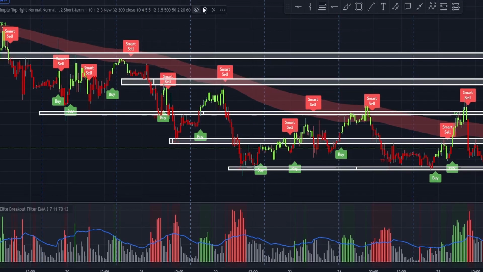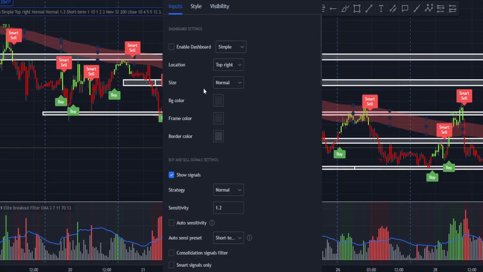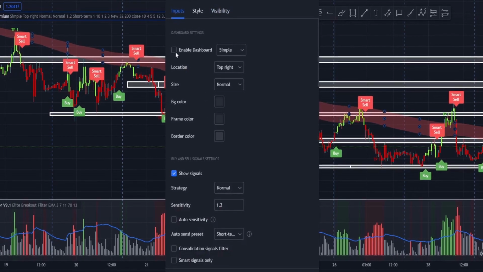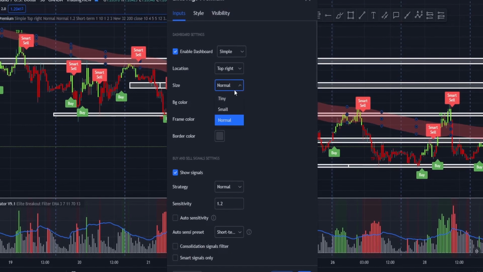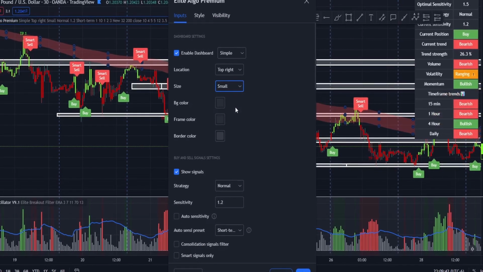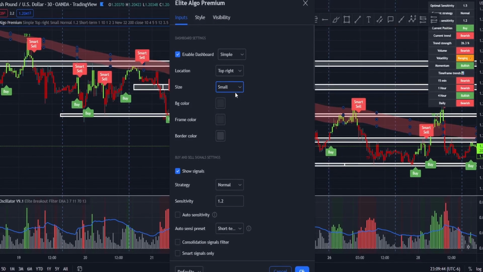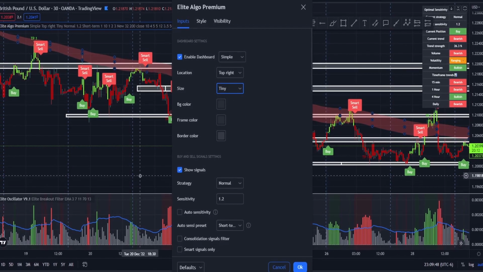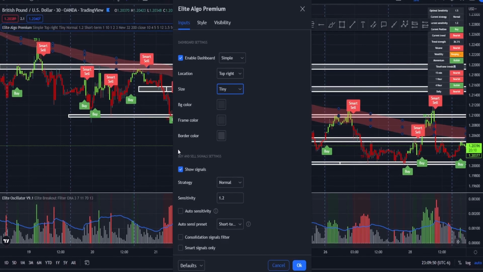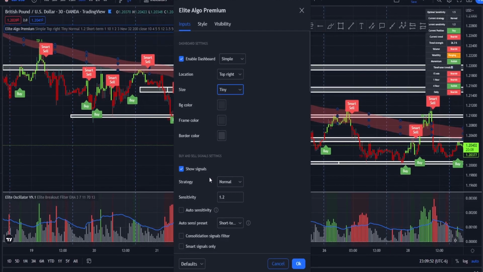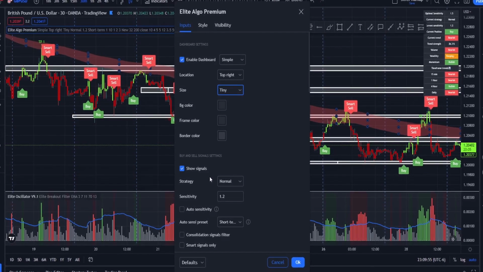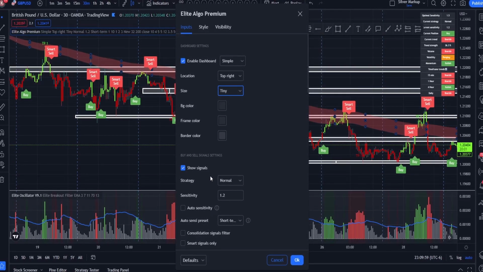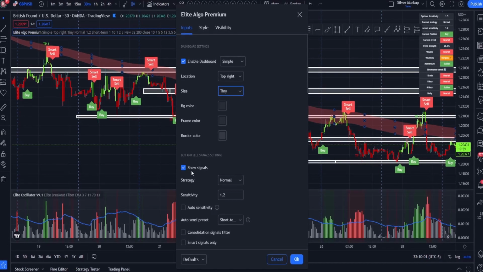So going right into it, just to start off, you can use the dashboard. The dashboard is completely optional. If you're brand new to trading, you probably want to use it. I usually use it at the small size, so tiny works. You can use that to help you identify how strong a trend is, so you can have confluences. But the main setup is going to be